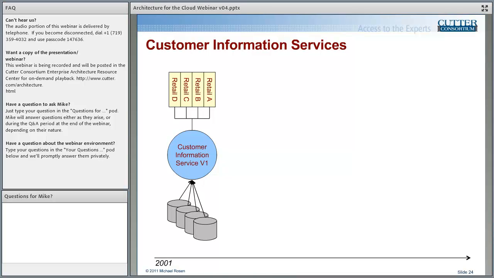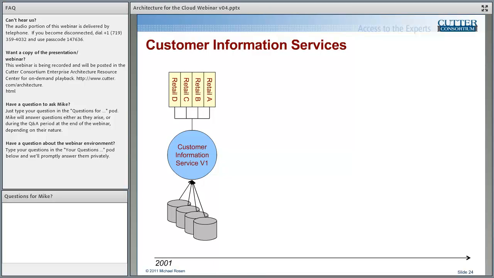Then a different organization, who will remain nameless, went out and got Salesforce.com. And guess what? They added customer information to the mix, and that customer information is not integrated with the rest of the customer information in the enterprise, right? Maybe that was a good thing, but if I'm the executive that spent $10 or $20 million to do this over a 5-year period, I would not be real happy about someone just going off and bringing new information into the enterprise that countermanded what I had just done, right?